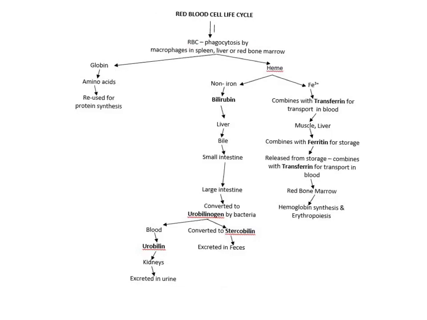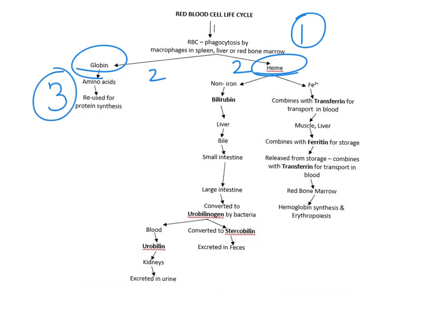Let's put all the numbers on this one flow chart, starting with number 1, where the red blood cells are being broken down by phagocytosis in the spleen, liver, and red bone marrow. Number 2 is where the hemoglobin is going to be broken down into a protein component and a non-protein component. The protein will further be broken down into amino acids and reused for protein synthesis, where the heme will be broken down into an iron, a ferric ion, and combined with transferrin for transport into the blood to the